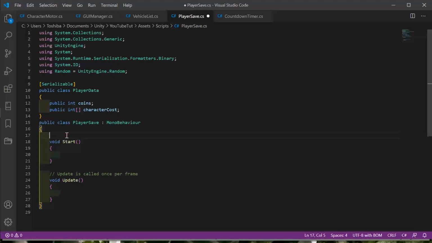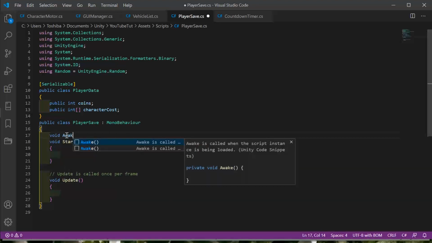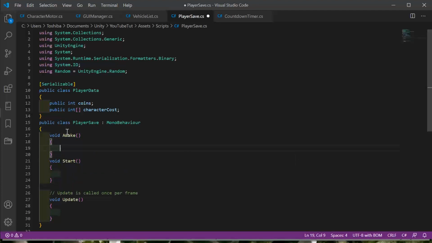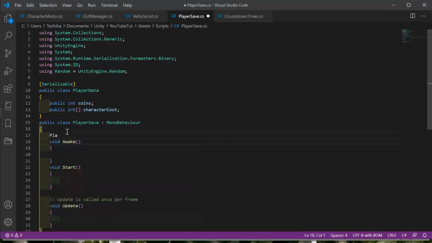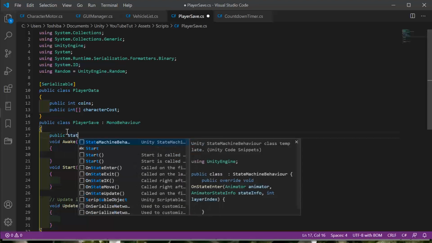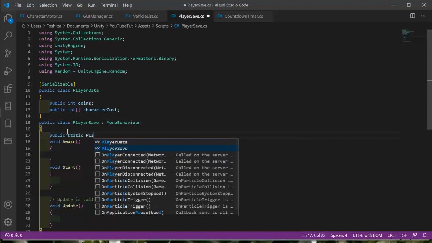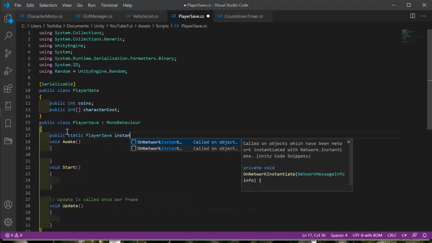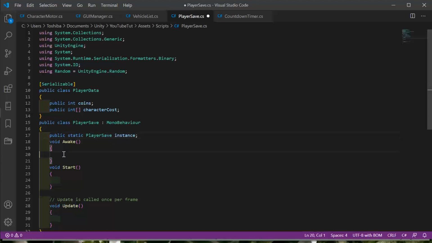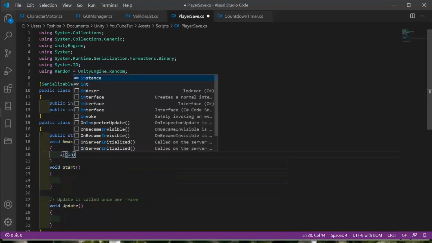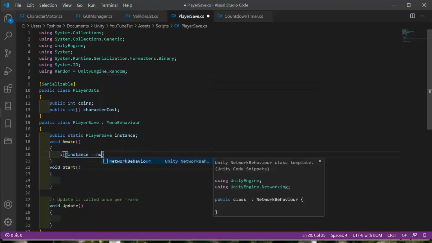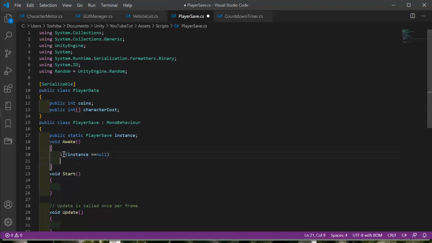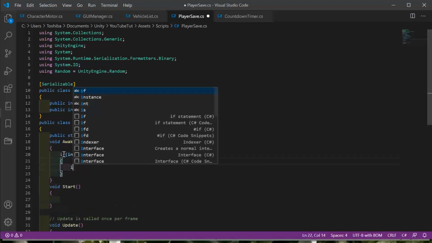Now in the main class we need an Awake function. Okay, we save PlayerSave. Public static PlayerSave instance. If instance equals null, you say